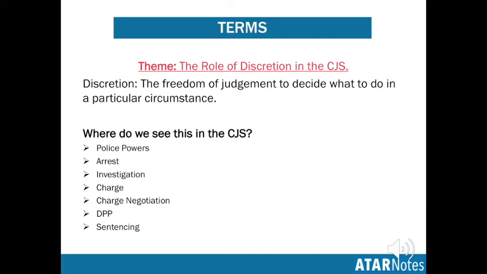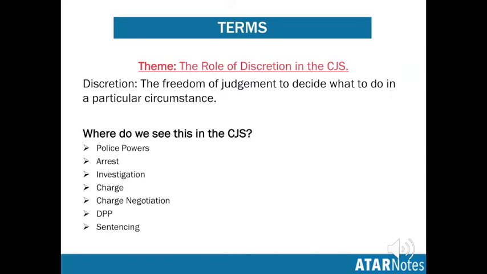Fortunately for me, I knew what discretion meant. Unfortunately, there were other people who were a little confused because we hadn't looked at it too closely and what discretion exactly means. Put simply, it is the freedom of judgment to decide on what to do in a particular circumstance. So you know when it's like 6 o'clock and you're feeling really hungry, you know there's ice cream in the fridge, but then dinner's coming at 7 and you have to use your discretion in that moment to realise if I eat the bowl of ice cream, I'm going to be spoiling my dinner at 7 o'clock. So using my discretion, I'm looking at what's in front of me and I've decided, no, this is the decision I'm going to make in this particular circumstance.